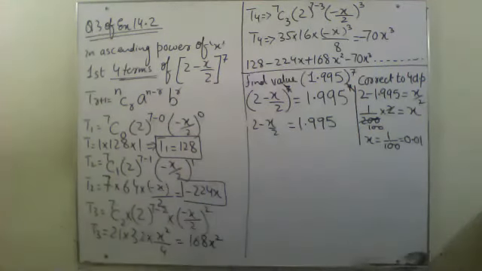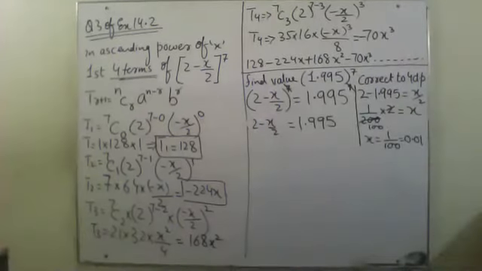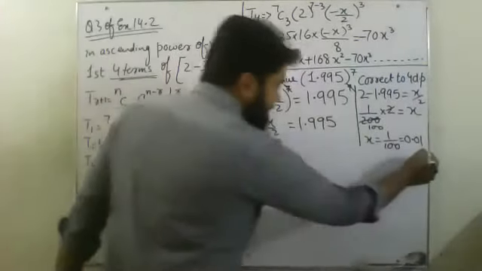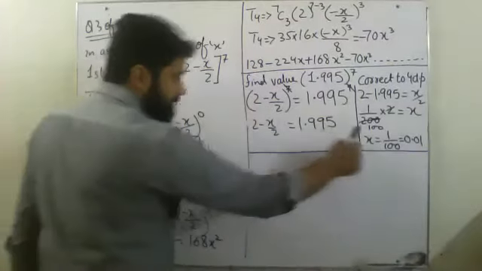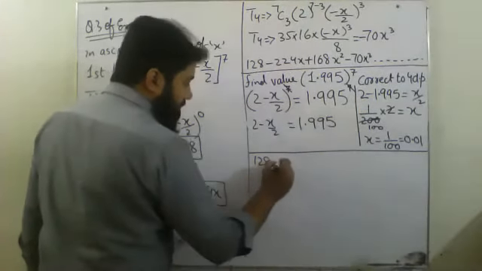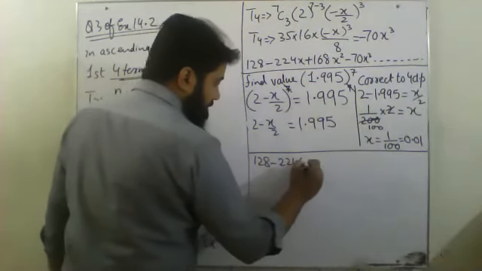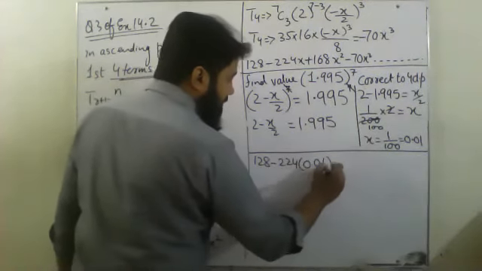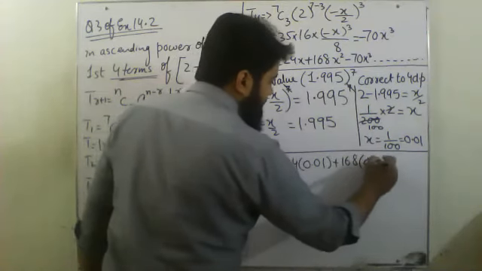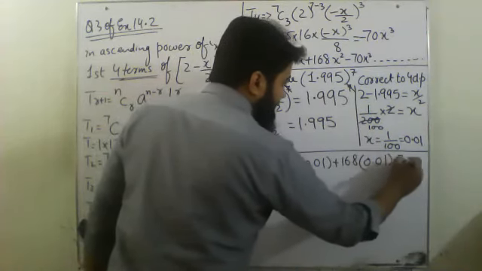Okay, this is the value coming. Now what will I do? I have got my value of x. I will take this value of x and plot it over here: 128 minus 224 times 0.01 plus 168 times 0.01 minus 70 times 0.01,